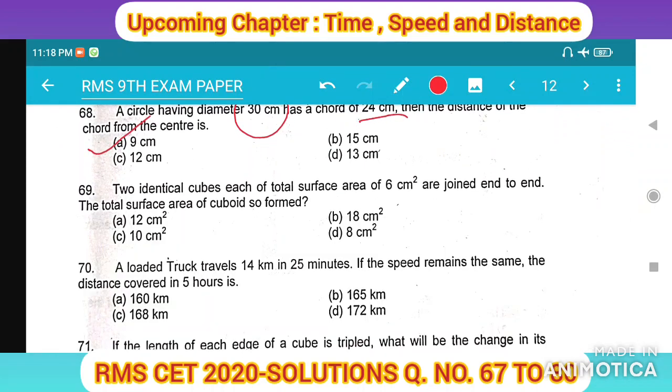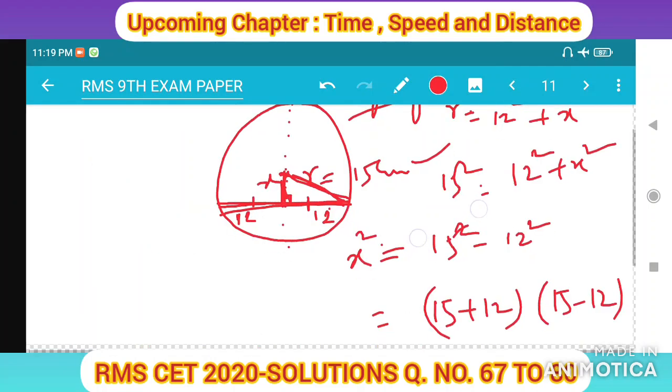Next, two identical cubes, each of total surface area of 6 cm square, are joined end to end. The total surface area of the cuboid so formed. See, here what to do is